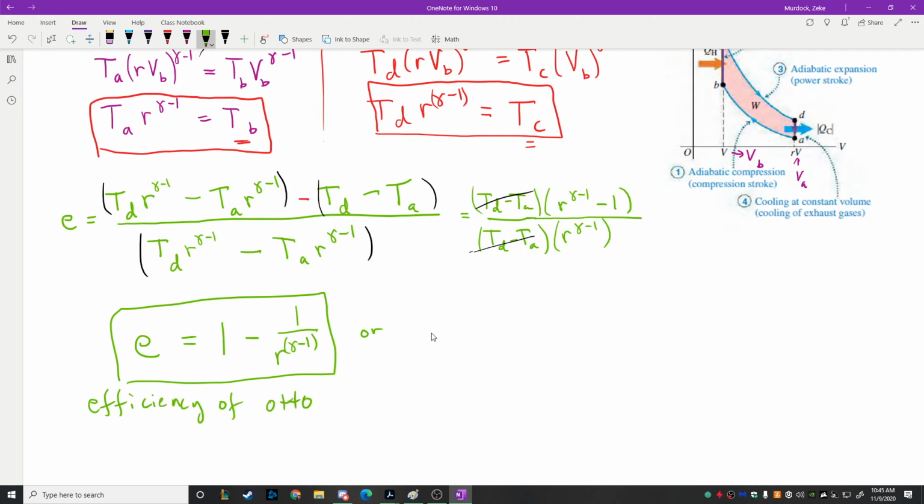It's kind of an idealized efficiency, because there's an assumption or two that we made that are... Yeah, that's how you would write it. I like that better too. You could write E equals